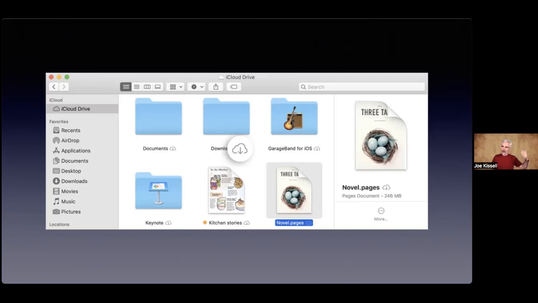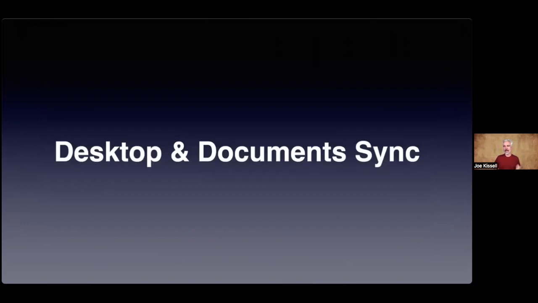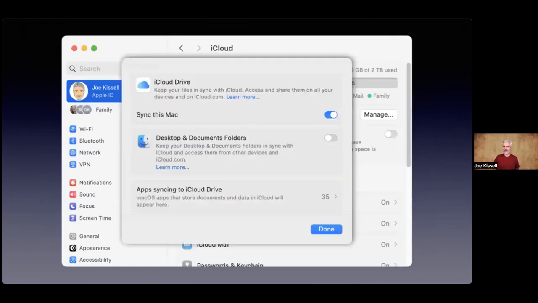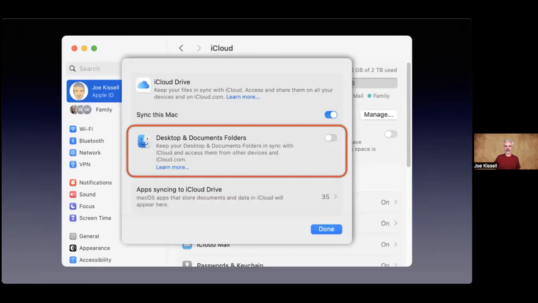Now, a moment ago, when I said there's two things I want to tell you about iCloud Drive, two parts of this window that I want to call your attention to, one of them was optimized storage, and the other has to do with desktop and documents sync. So to refresh your memory, you go back here, you click iCloud Drive, and this is what we're talking about, desktop and documents folders.